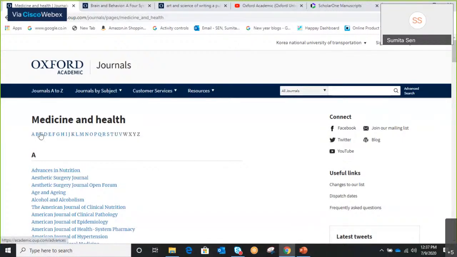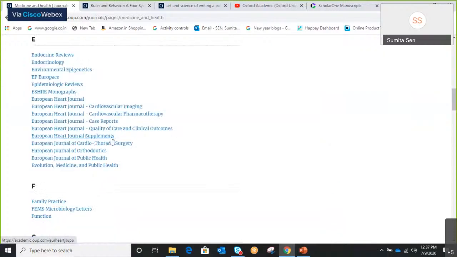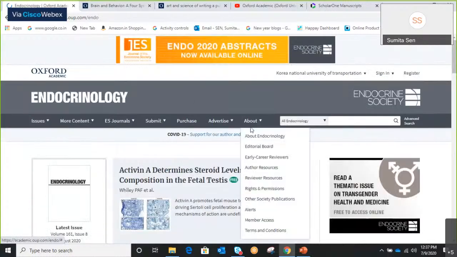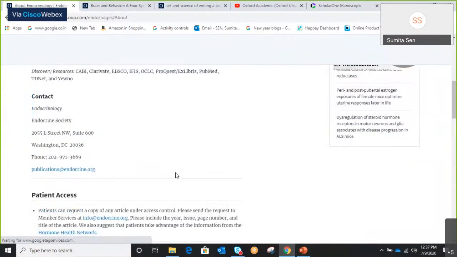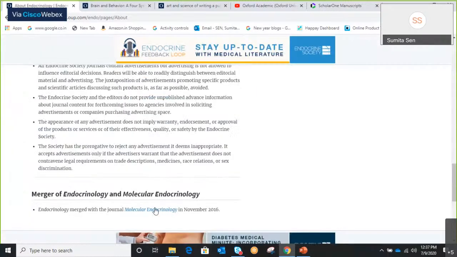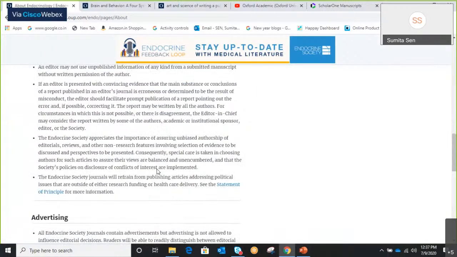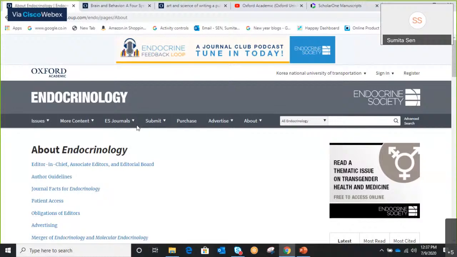Otherwise, if you look at any journal's About page, when you go to the About page, you actually get to see whether they are a member of ProQuest or EBSCO, wherever they are, Scopus.